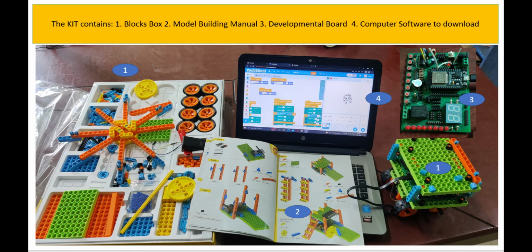Two is the model building manual, which is given over here. Three is the developmental board, and four is the computer software. So this developmental board and the computer software are interconnected either wired or wirelessly, and this is the blocks. So the block box is on here. We have a number of components. Some of the components are already assembled,